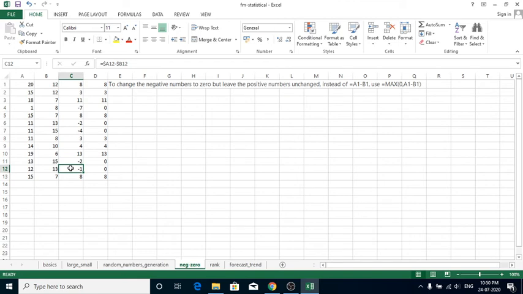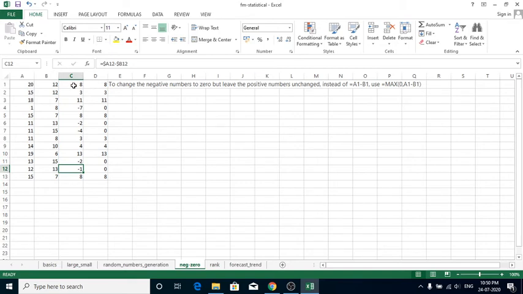In some situations we do not want to generate these negative numbers. It might be like a negative feedback. So to avoid that negativity, we can switch these negative numbers to a particular number, and the positive numbers remain unchanged.